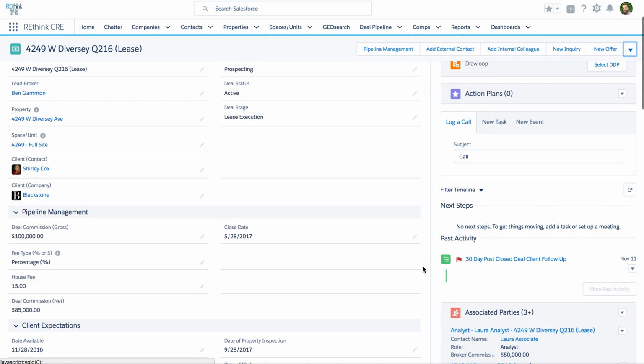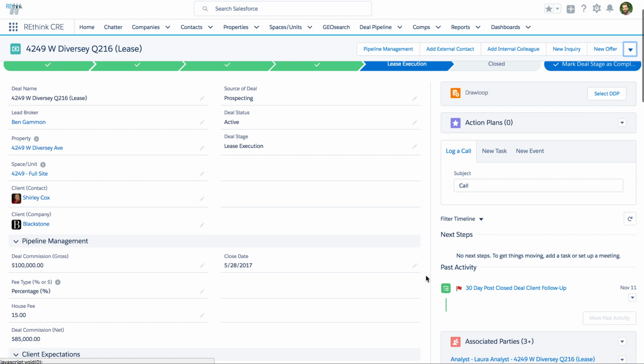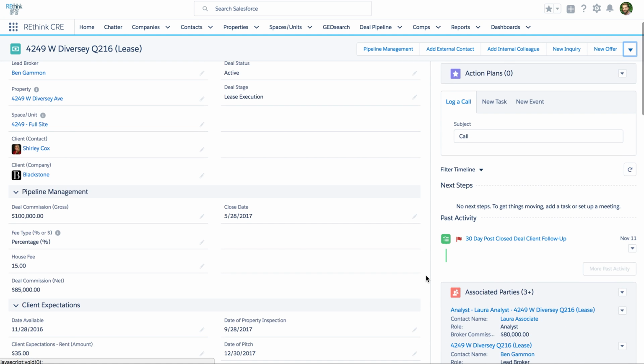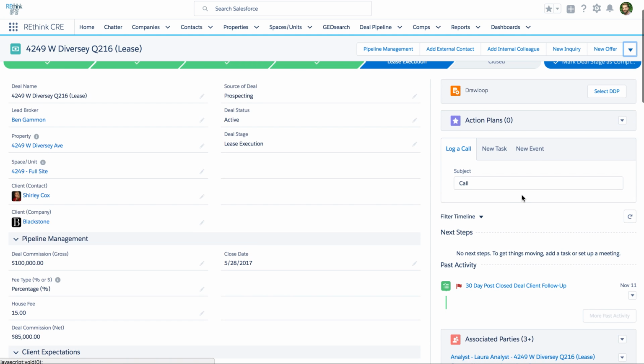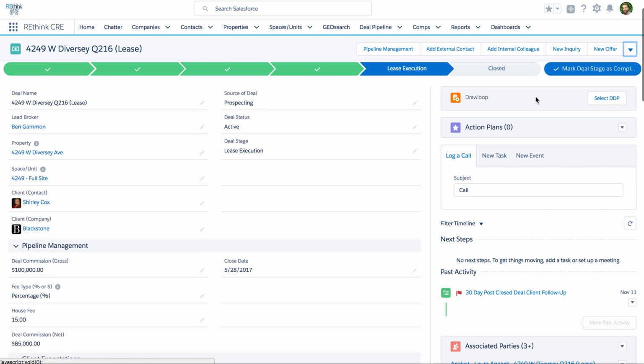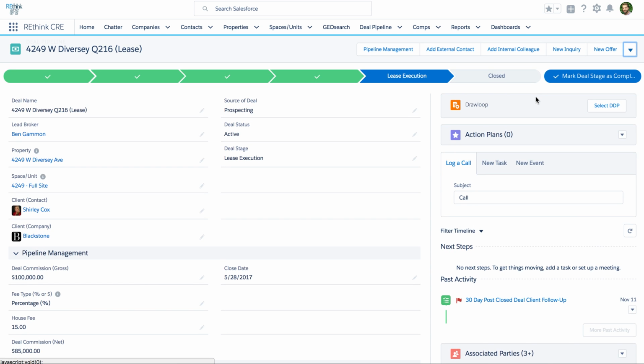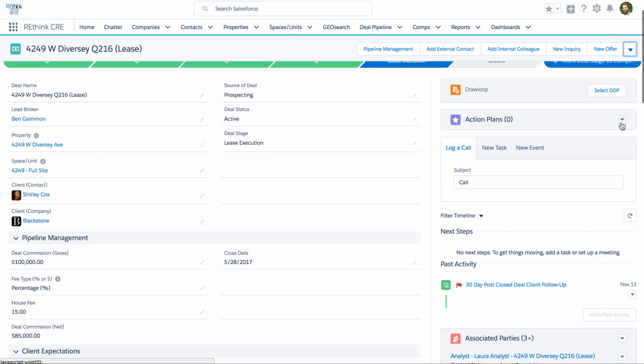So we just discussed the different stages and the information that you put in as you move through this process. As we look over here on the right side, we do have capabilities still to generate documents around this. So for example, you would have the ability to, for all the inquiries, track that information, be able to spit that out into documentation. We also have action plans. This gives you the ability to select from different templates, such as if we have a listing action plan, this would say that, okay, we've come to an agreement,